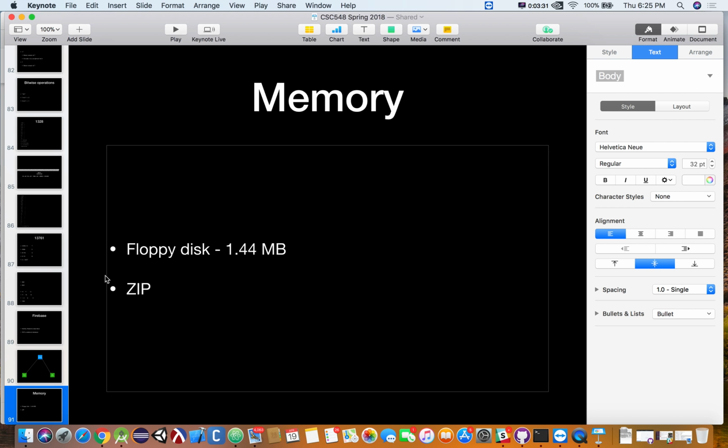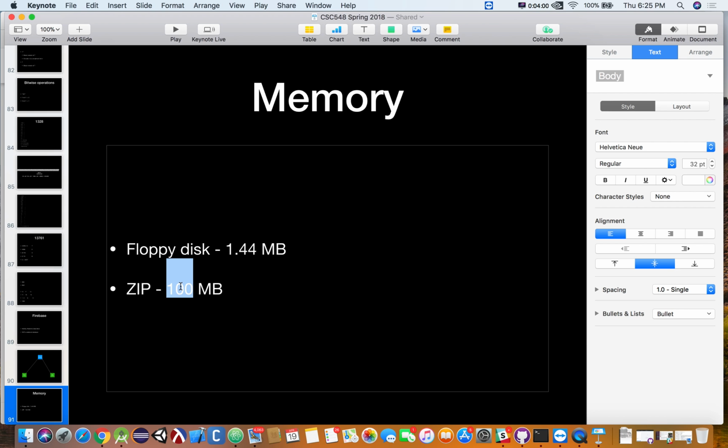All right. Then you had the zip. The zip drive started off as 100 megabytes. Now keep in mind that during a time when you're used to having floppy disks that could only hold 1.44 megabytes, 100 megabytes is huge, right? That's a huge amount of memory. Now we don't think of 100 megabytes today as being anything. That doesn't even seem like a viable resource for us. If somebody handed you a 100 megabyte USB stick, would you even take it?